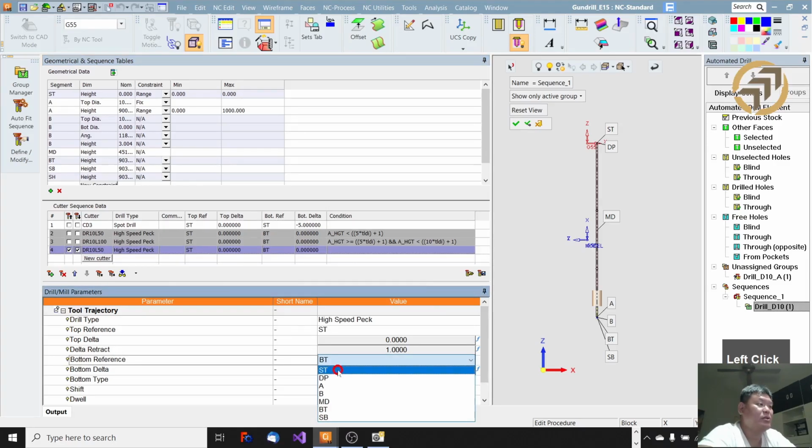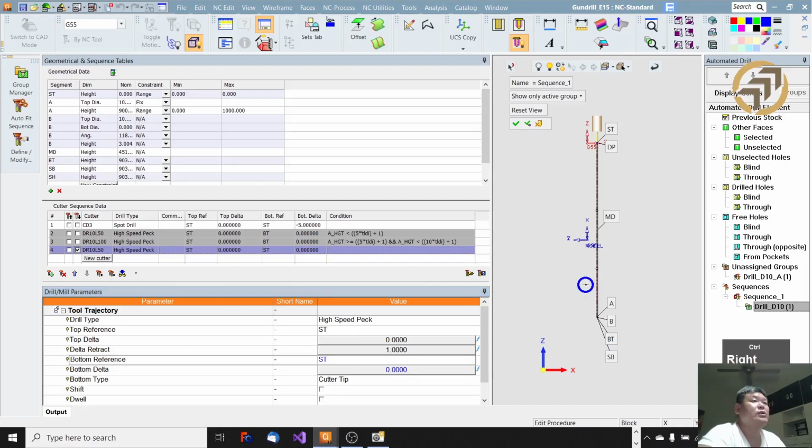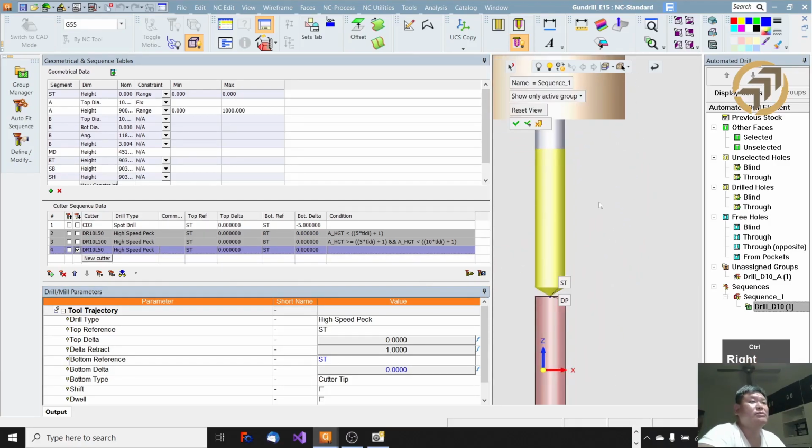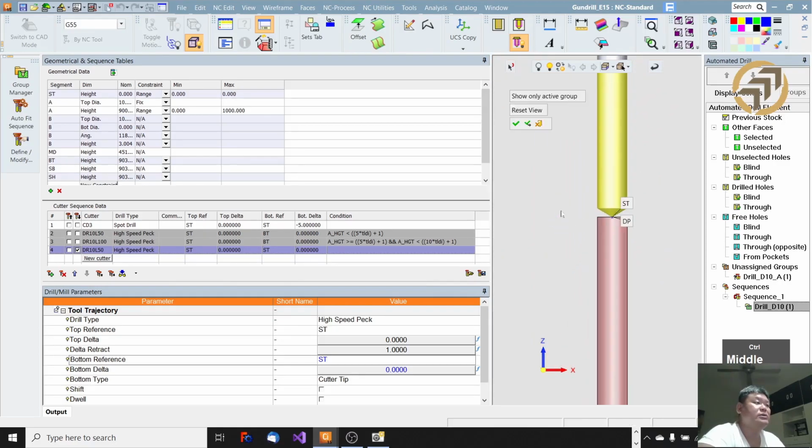ST, okay. We are going to do pilot here. So start at ST and ST. For the pilot,